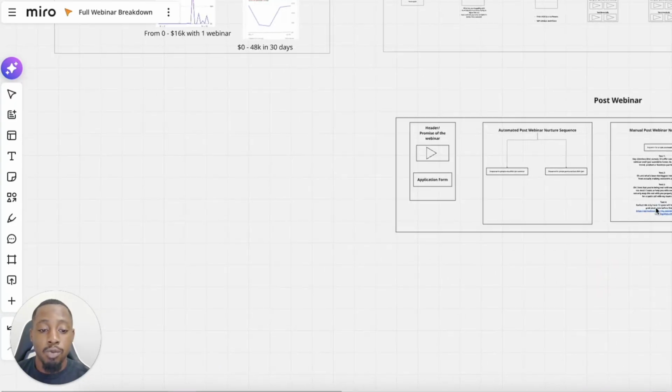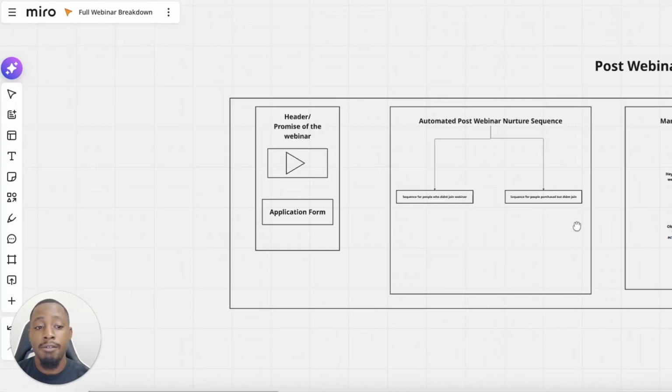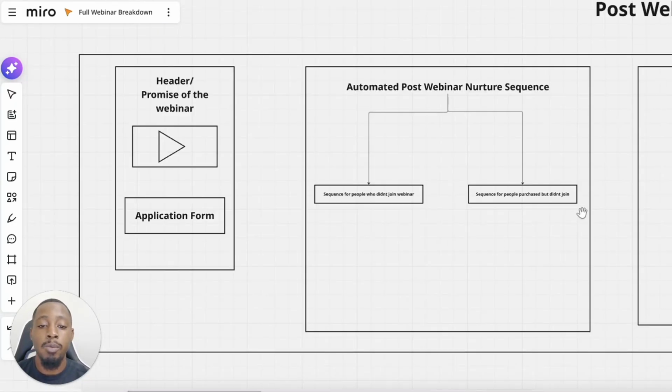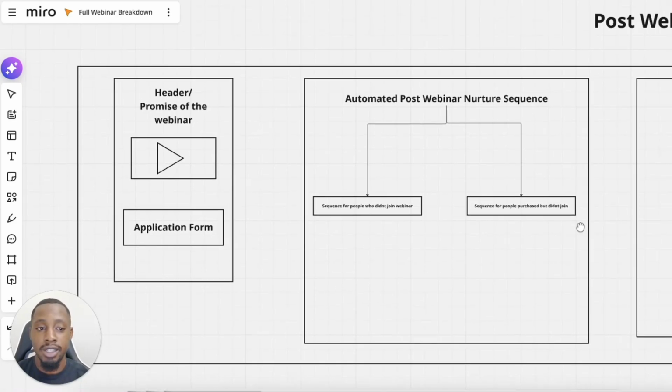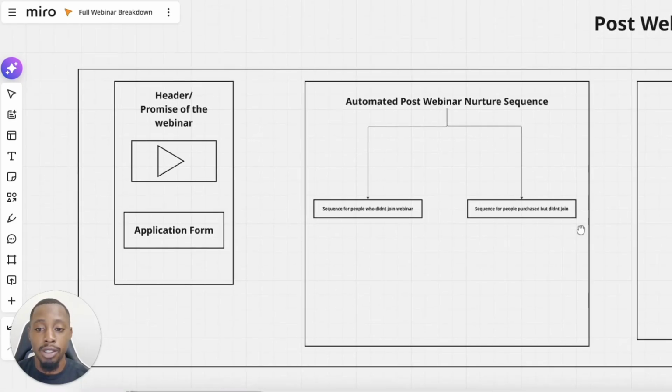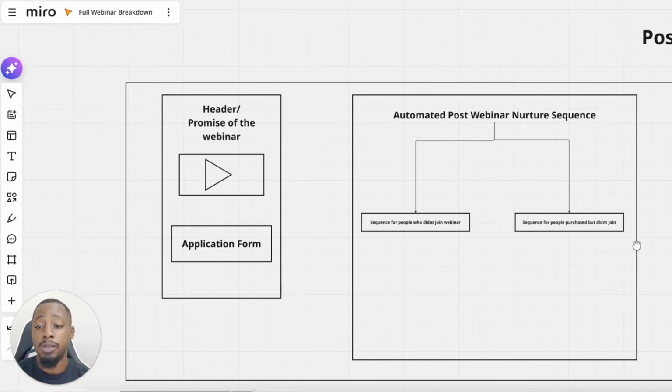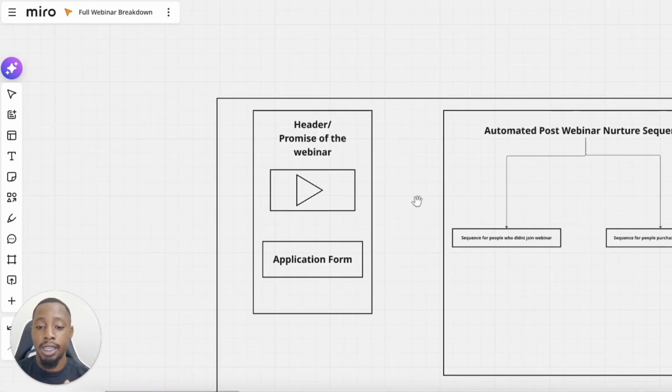Now, once you've run the actual webinar, you want to have the post-webinar sequence, and this is just scooping up the people that didn't, for whatever reason, purchase on the webinar and have some last-minute thoughts, or they didn't even show up regardless. We're going to push them through a post-webinar sequence, and what we're able to do is build a